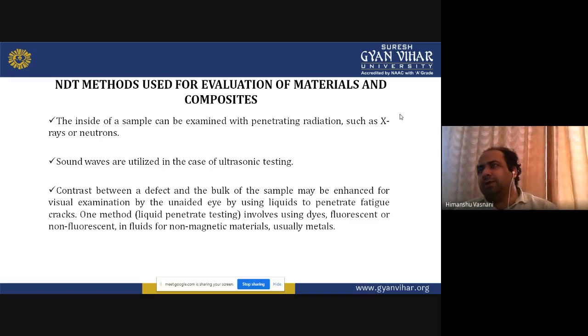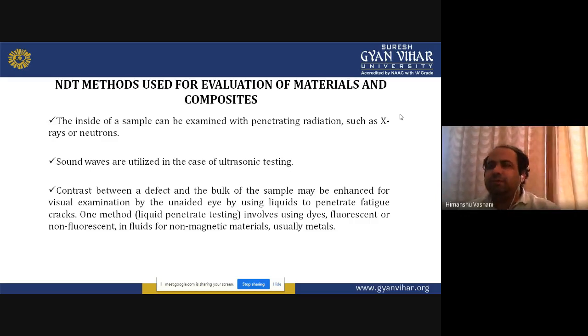I told you earlier also that there are two kinds of NDT technique you can use. One is the visual technique and one is the liquid penetrant technique. If there is a small defect, it can be found visually. But if there are multiple defects on a surface or in a bulk sample, it will take both ways.